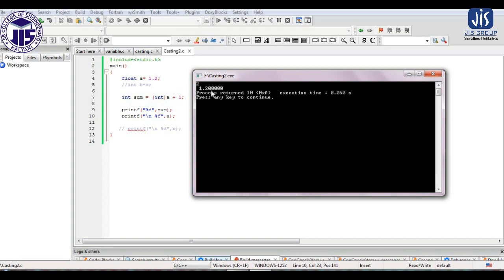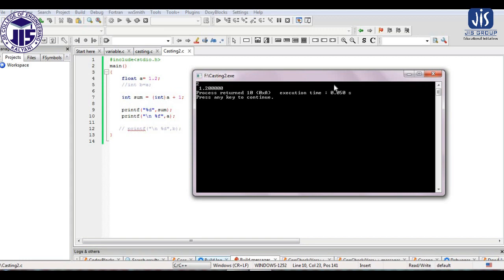So from this, what we can summarize is that by this typecasting, whenever the variable is in use, at that time we can change the data type, we can perform the typecasting, but the actual value of the variable will not be affected by this operation. And this is called explicit typecasting.